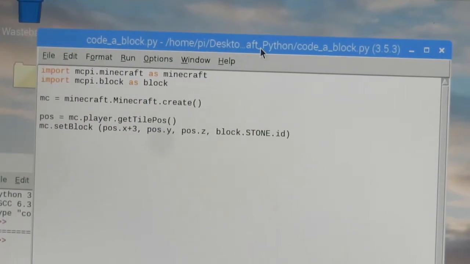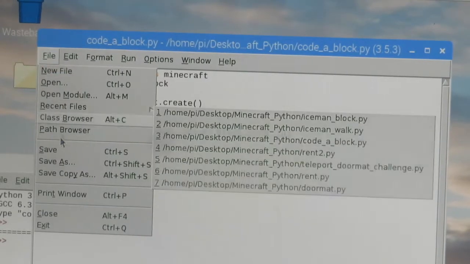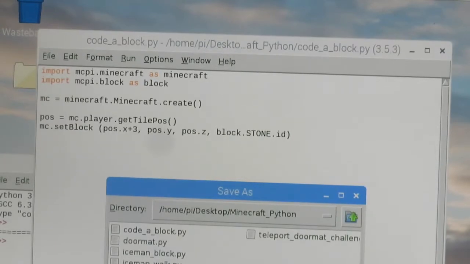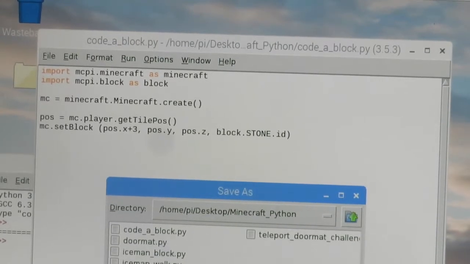All right, guys, so I know adding one block isn't the most exciting, but it's important for you to understand that. So how do we get more than one block? If we just keep the same code, what I'm going to do is save as right now and call it a different name, because I don't want to lose this original code. I think it's important that we don't overwrite our previous code. It's important that you keep track and build this library of all these codes so you can see your progression. So I'm going to change this to code